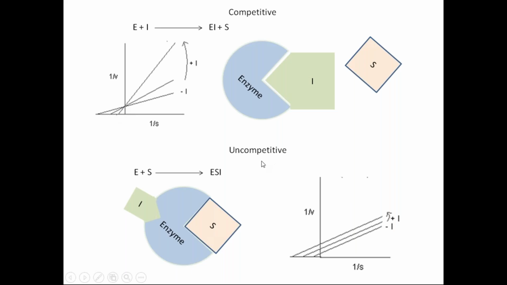An uncompetitive inhibitor is an inhibitor which binds to the enzyme-substrate complex and causes a change. So it causes a change in the Vmax of the reaction as well as the Km. I'm not going into the detail of the equations for these because they are a class by themselves to derive and show you how Vmax changes or how the Km changes. These are two parameters by which an enzyme is characterized.